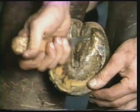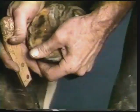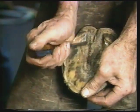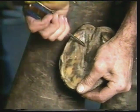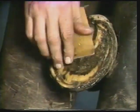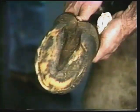I want to clean this with a hoof knife, screwdriver along the sulcus of the frog, a rasp along the bulbs of the heel to remove any debris, sponge and water to remove dust, mud, debris that's left on the outside of the wall and on the hair. Dry the foot,